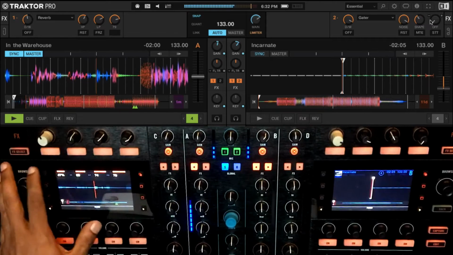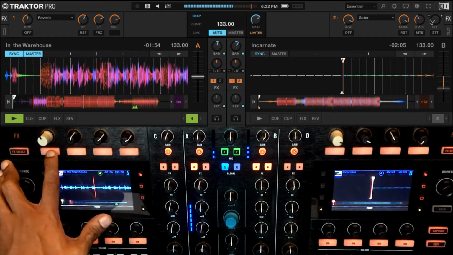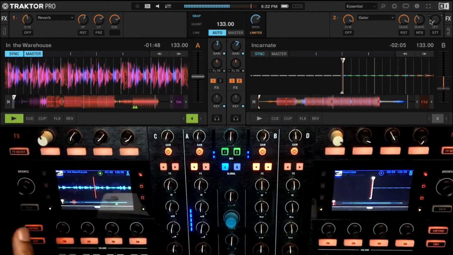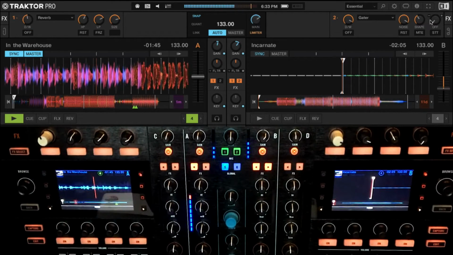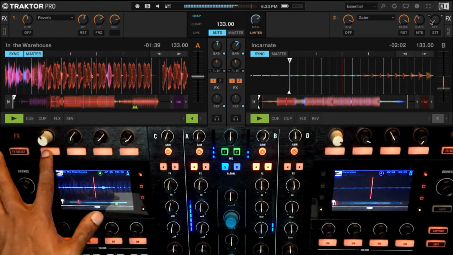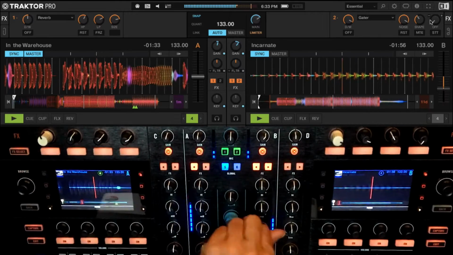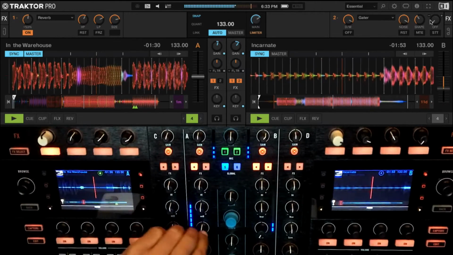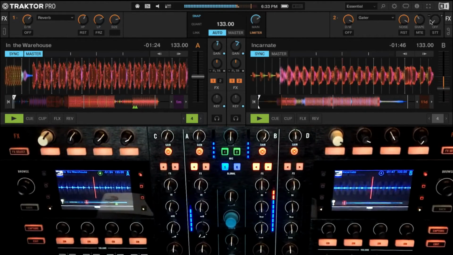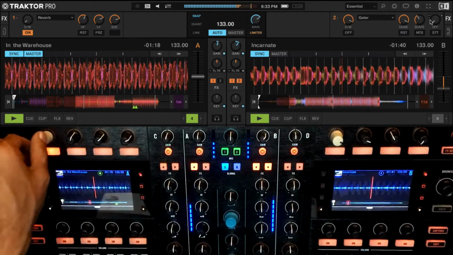Okay, just to use little fills like that. There we go. Okay. There, you see. Really subtle. Just these little bits. So now I'm going to bring in the next track. So as I bring it in, I'm going to use a little reverb just to fill it in. So I just used a little reverb to build a little atmosphere around it. Now what I can also do is completely make this track disappear into the reverb space.